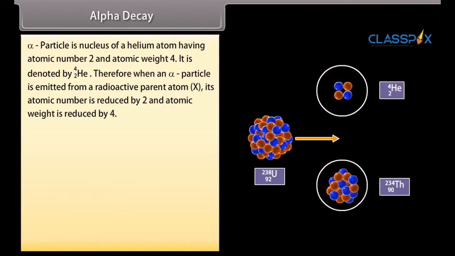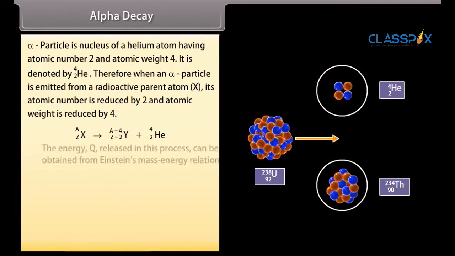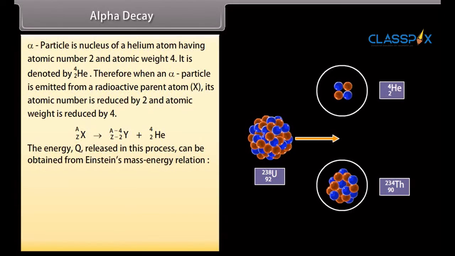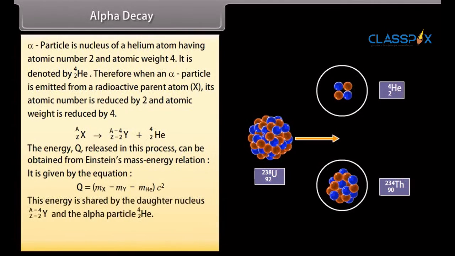It can be demonstrated as the energy Q released in this process can be obtained from Einstein's mass-energy relation. It is given by the equation Q is equal to mX minus mY minus mHe into c square. This energy is shared by the daughter nucleus and the alpha particle. For example,